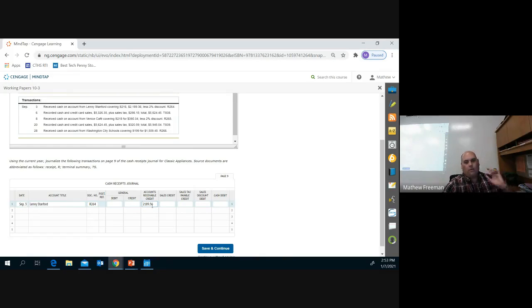2189.36. Now what we got to do is figure out what that discount is going to be because we got to debit that discount, right? We're crediting accounts receivable, they're paying us, so we're decreasing. We're getting cash inflow, cash is debit, cash is increase. Sales discount is going to be debit because it applies towards the negative effect that's going to happen to accounts receivable. Okay, so we got to know how we're going to decrease it. And so we do that